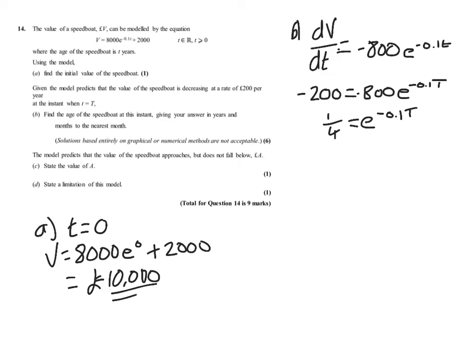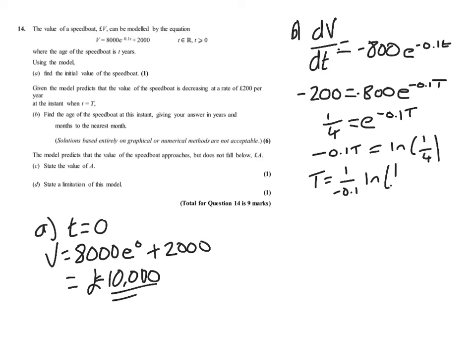Okay, so negative 0.1 t must equal the natural log of a quarter, and t would equal 1 over negative 0.1, negative 10,